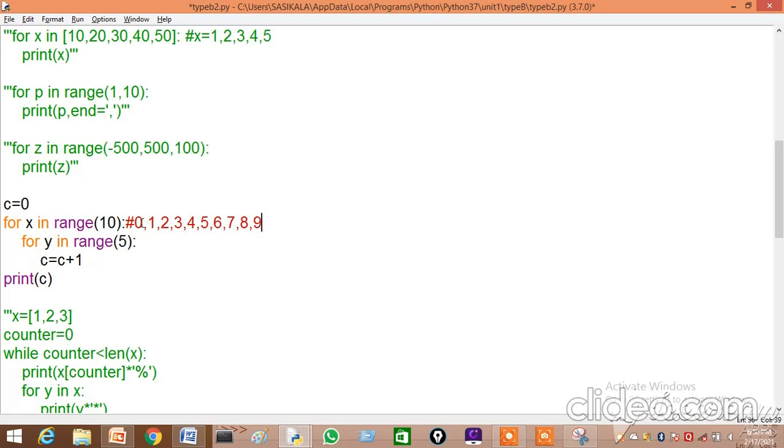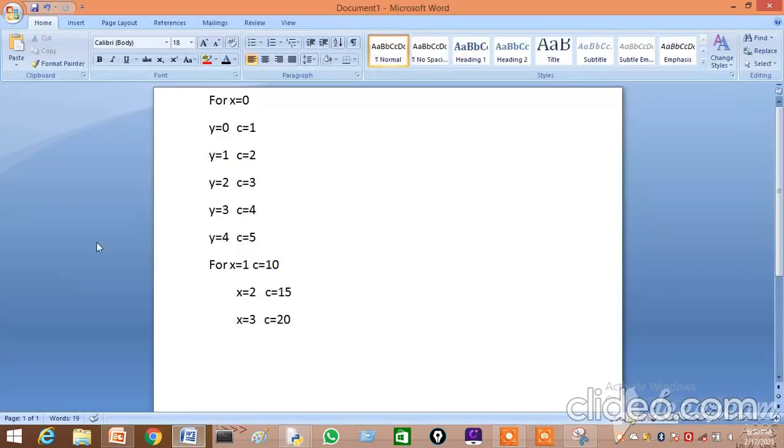Each and every time the while loop will execute for 5 times. If X is equal to 0, the while loop will execute for 5 times, X is equal to 1, the while loop will execute for 5 times and it will increment the C value. You can see here, for X is equal to 0, Y equal to 0, C becomes 1, Y equal to 1, C becomes 2. Like this, at the end of the while loop, C value becomes 5. Okay.